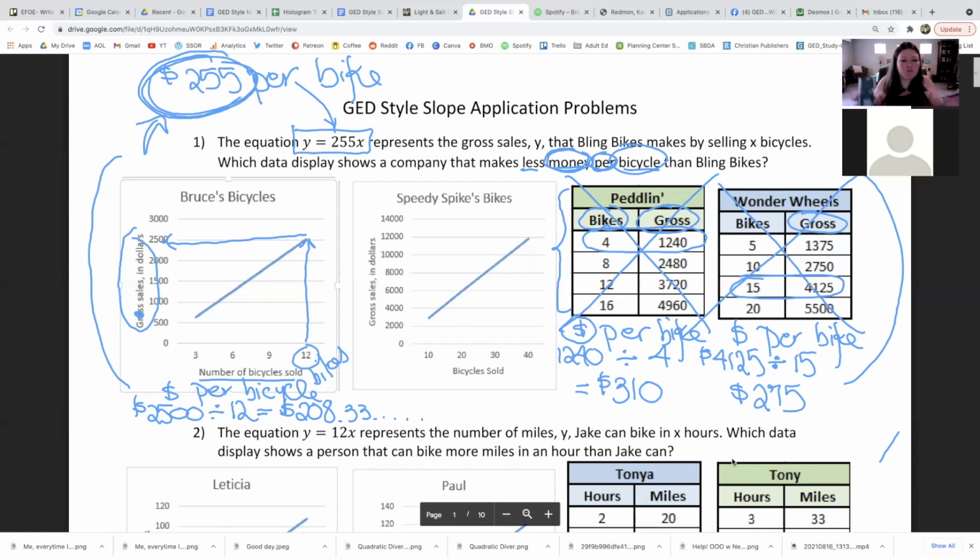Now, that being said, I will check the last graph just to be sure I'm right and so that you guys get a little more practice. So once again, it really doesn't matter where on the graph you look. Like you could look at 20, you could look at 30, you can look at 40. But I like to go to the highest number that I have because it makes your estimates more accurate. When you deal with lower numbers, it's way easier to get an inaccurate estimate. So look, when I sell 40 bicycles, I'm making about